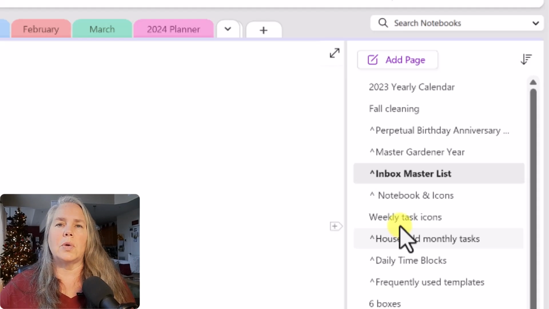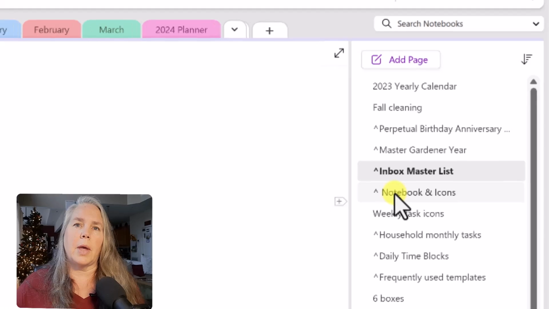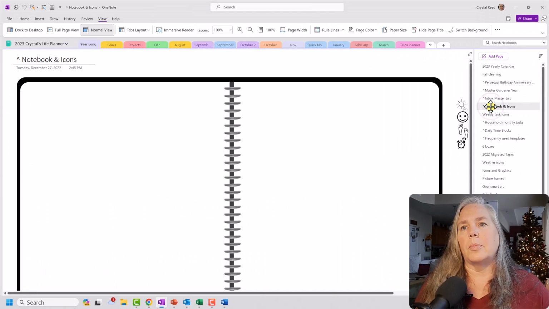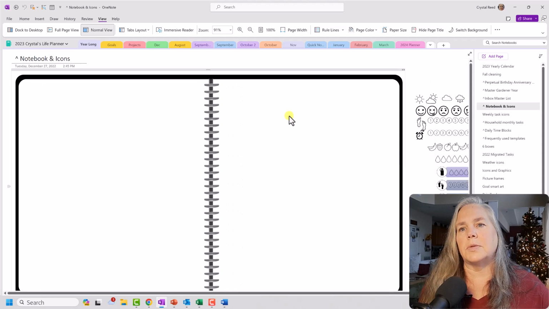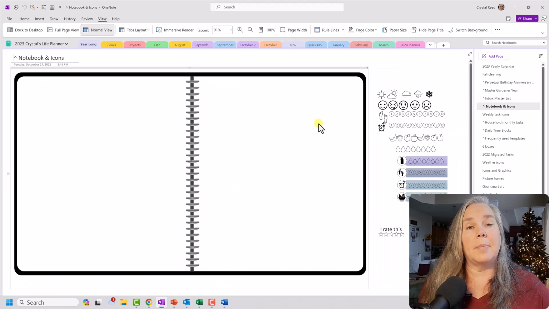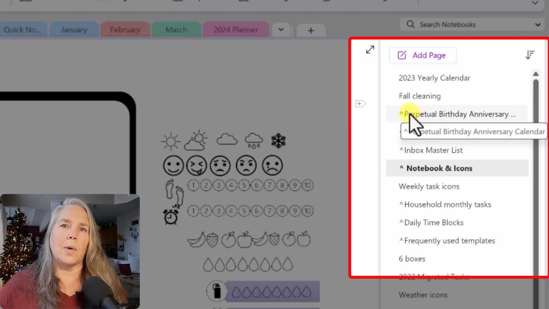So let me show you, now that I have all of these pages marked or indicated with this little carrot at the beginning, how quickly it is to add those to my new notebook, okay? So here's my notebook and icons page. This was what my notebook looked like in 2024, and I'm going to keep that because I may use it again. I like it. All right, but what I can do is I can go up to this top one